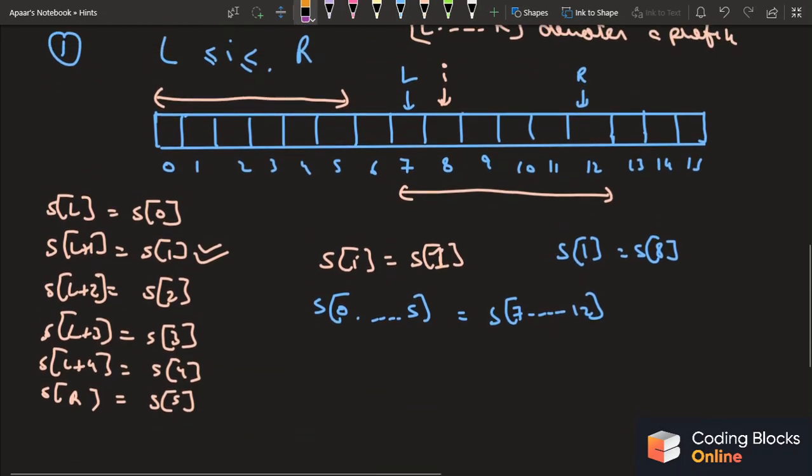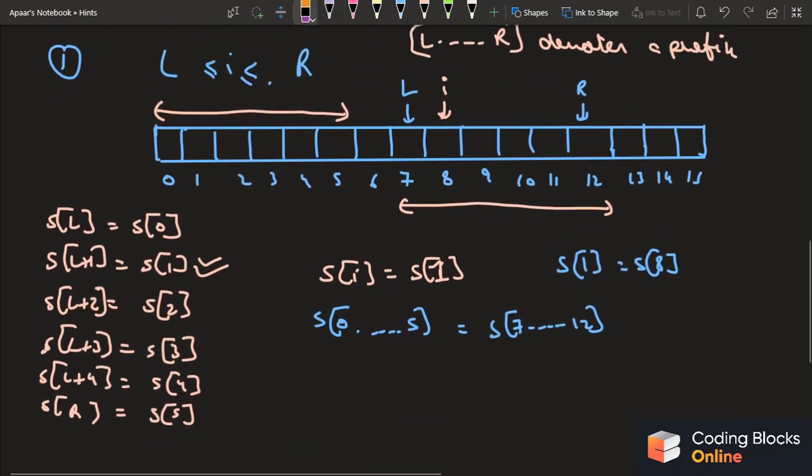So now guys, we are at index 8, and as I said, index 1 equals index 8, and the substring from 0 to 5 equals the substring from 7 to 12, right? So guys, can you think about a relation between them, because both of these substrings are equal, right? So can we say here, if this z of 1, that is the length of the longest substring starting from 1, which is also a prefix of s, right? That is what zi is. Longest substring starting from 1, which is also a prefix of s.